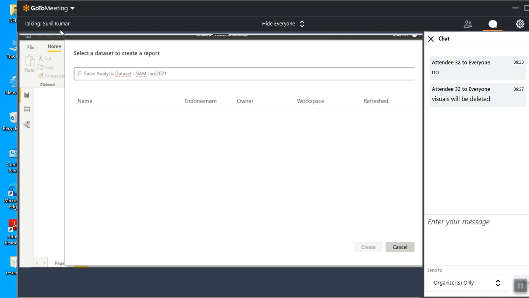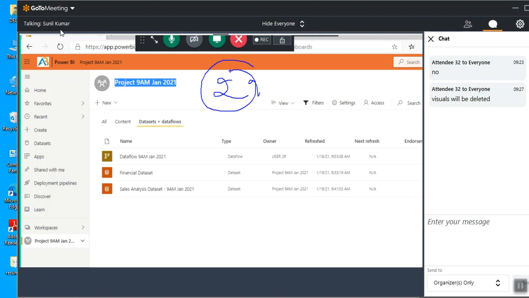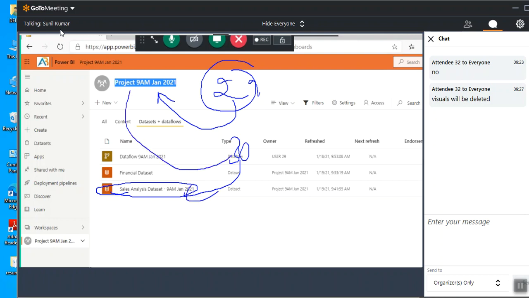Initially, when we created this workspace, only user 29 was there in that workspace. We added only user 29 there. So only 29 could access this data set. When user 30 wanted to access the same data set, what did we do? We added him to the project workspace.